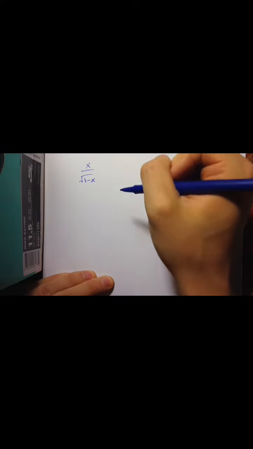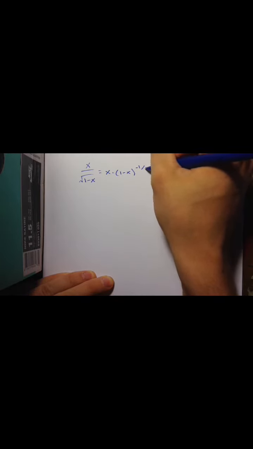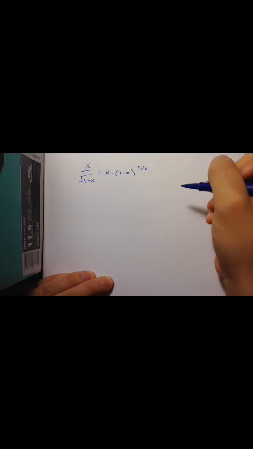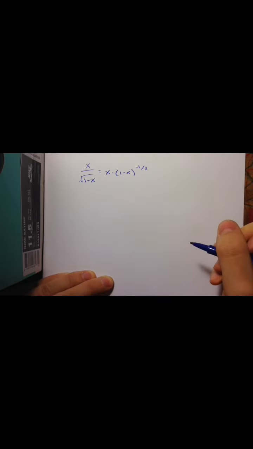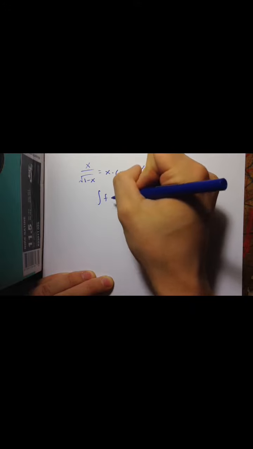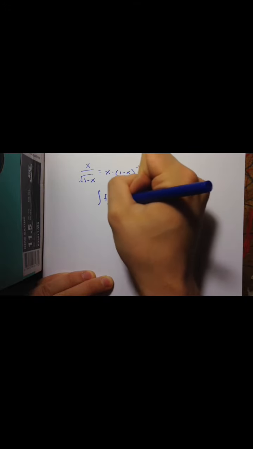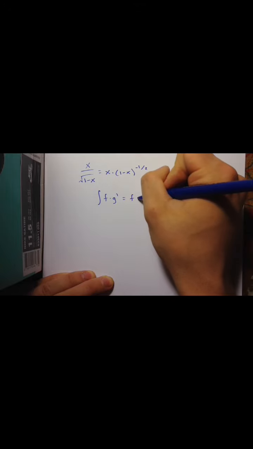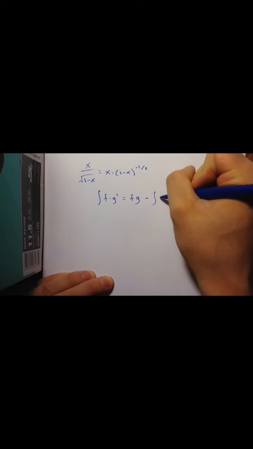So let's go ahead and start integrating. If we look at our function x over square root of 1 minus x, we see that this is actually just x times 1 minus x to the negative 1/2. So what is this? Well, this is just a product. And what do we do when we integrate a product? Well, we have to integrate by parts. So the anti-product rule, a little refresher from Calc 1, the formula for integrating by parts is the integral of f times g derivative, there's our product, is equal to fg minus the integral of